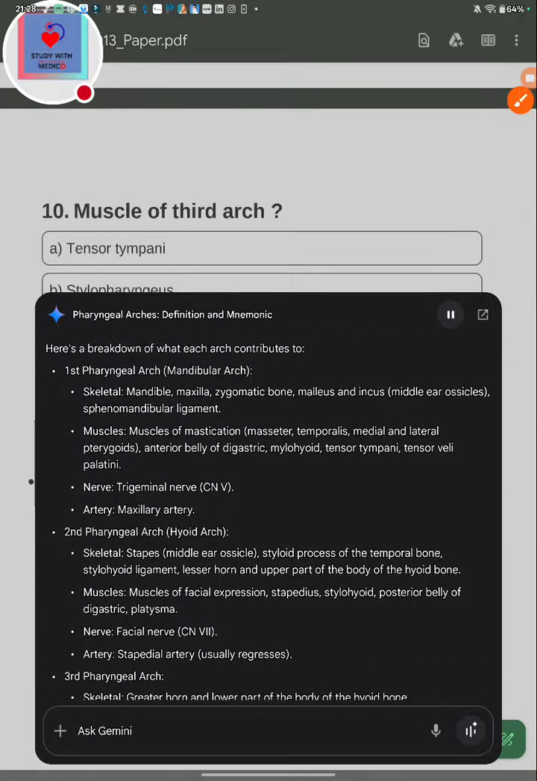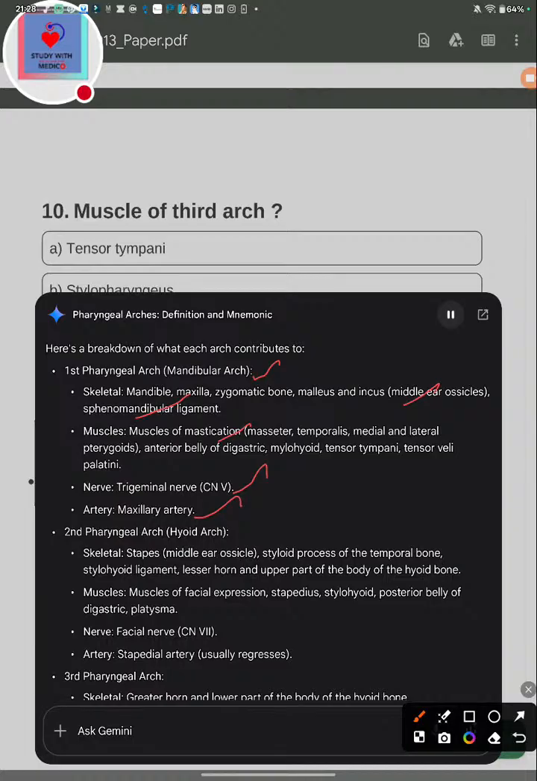First pharyngeal arch, mandibular arch. Skeleton: mandible, maxilla, zygomatic bone, malleus and incus, middle ear ossicles, sphenomandibular ligament. Muscles: muscles of mastication, masseter, temporalis, medial and lateral pterygoids, anterior belly of digastric, mylohyoid, tensor tympani, tensor veli palatini. Nerve: trigeminal nerve,